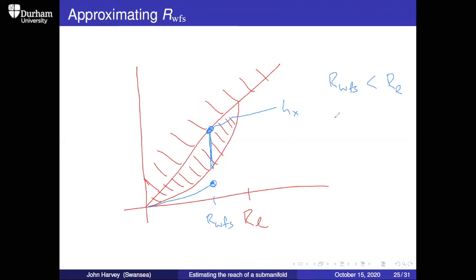No, you have to have a jump discontinuity. The graph does whatever it does until it gets to the weak feature size. And then in order to get from below the quarter circle up to the diagonal, it must jump. And that sharp jump means that as long as the weak feature size is lower than the local reach, you will easily be able to see